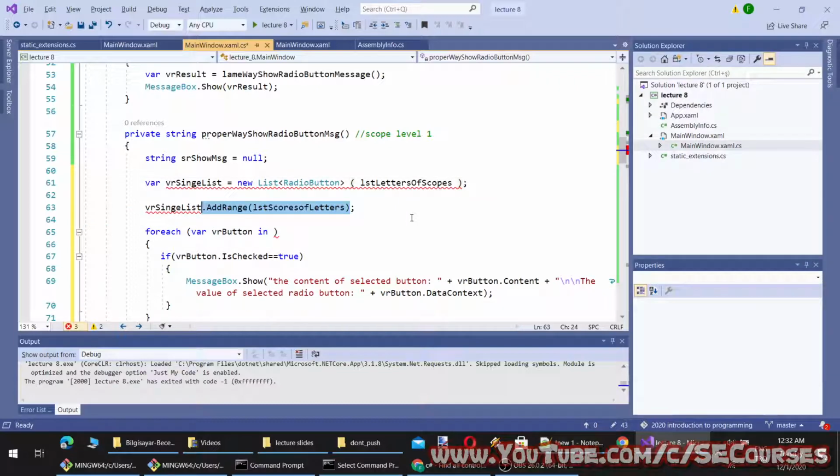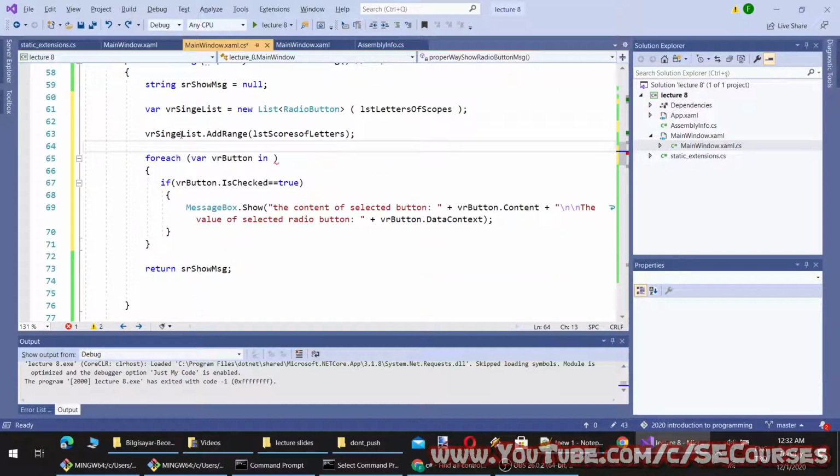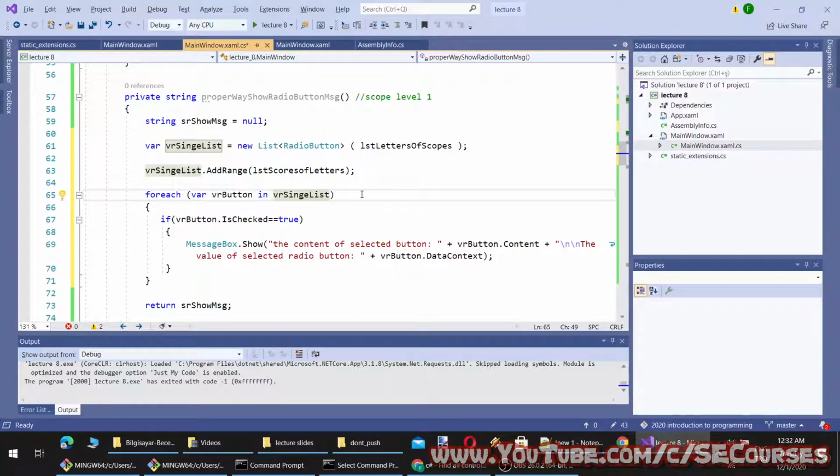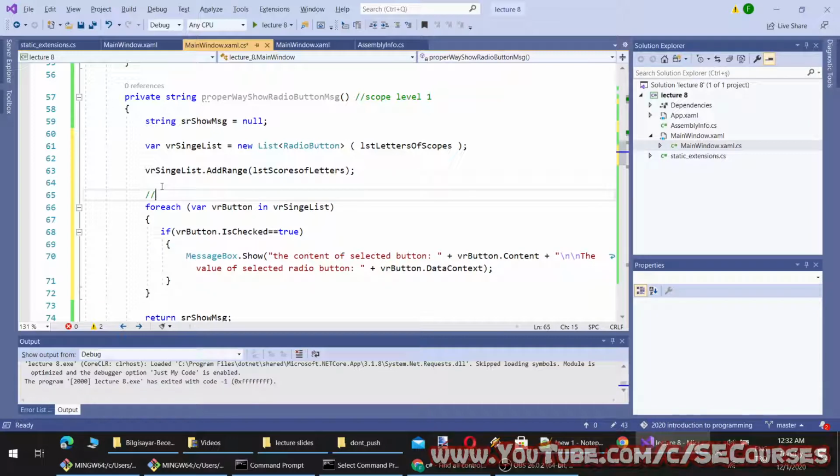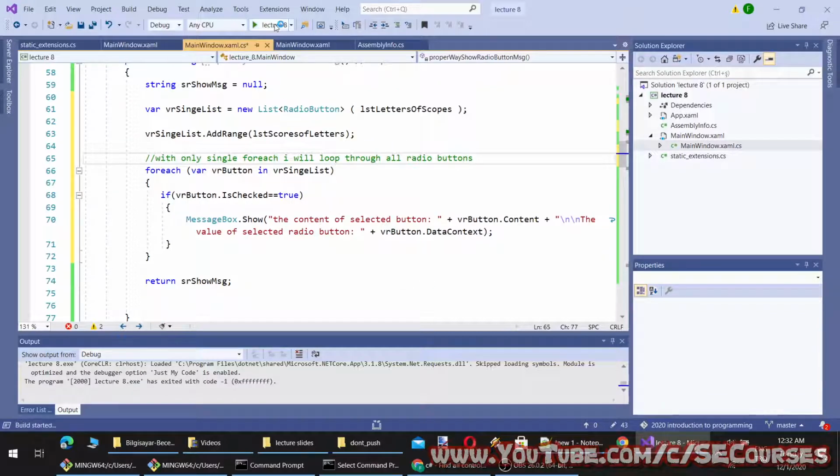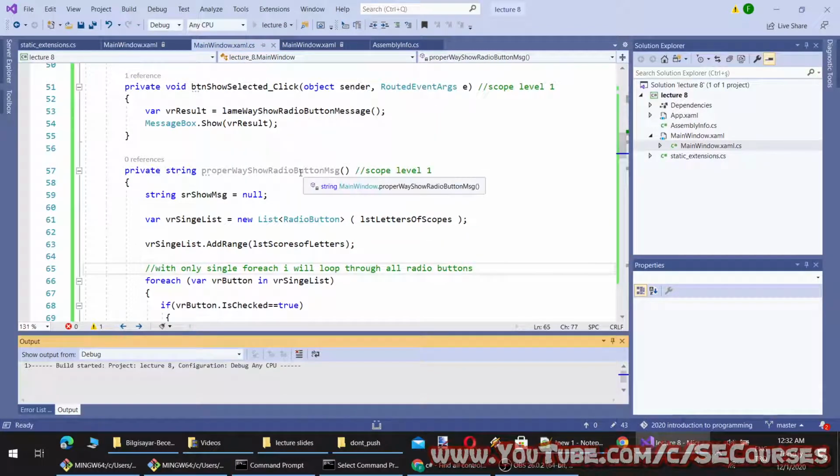Oh no, it doesn't work. Okay, so I have to write it like this. So I have composed a new list from the existing lists and added them together. So with only a single foreach, now I will loop all radio buttons. Okay, let's run the application.